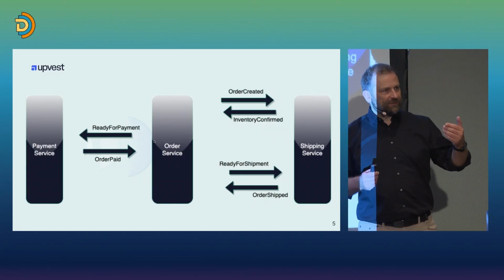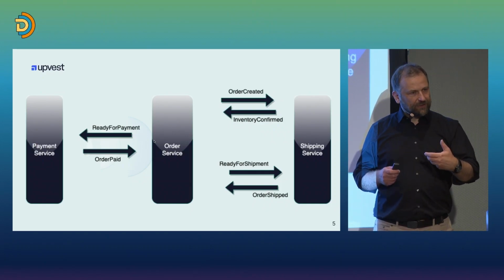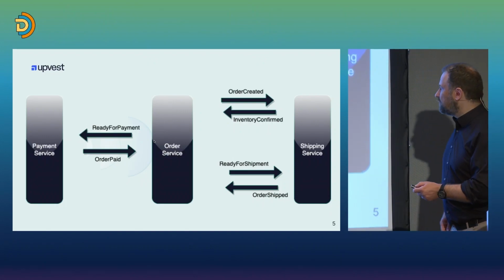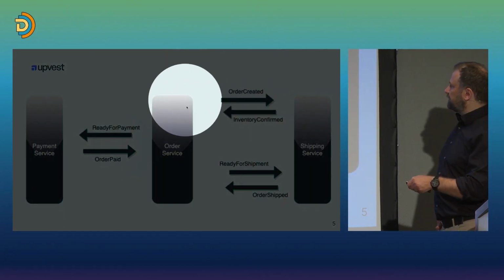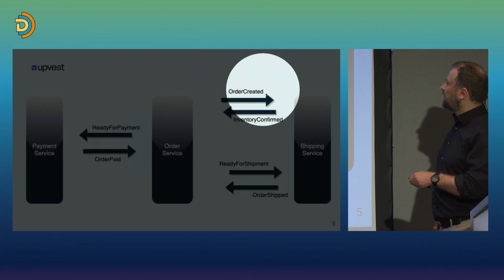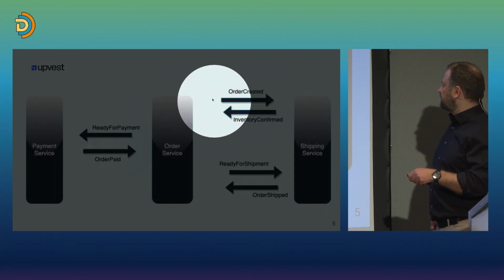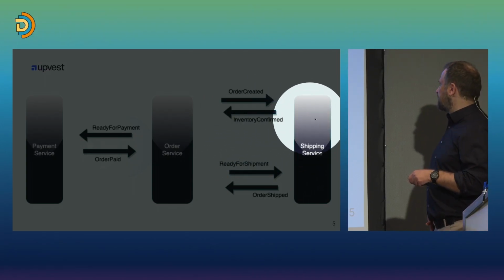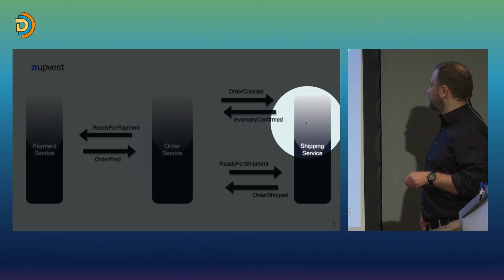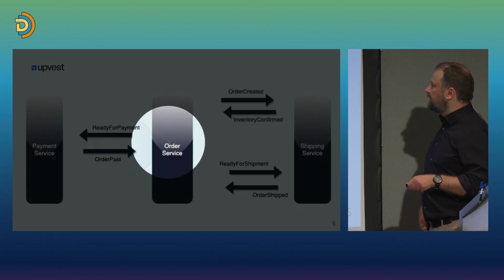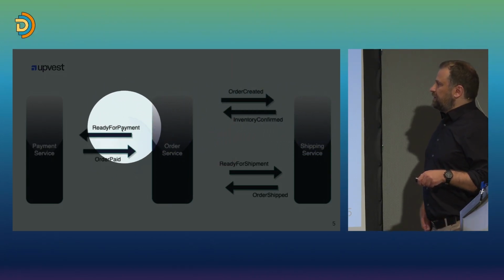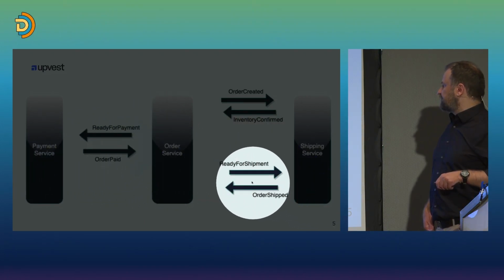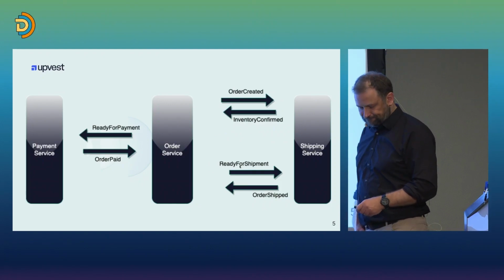So two conditions have to be met. We have to check the inventory and see if there's something in stock, and the payment has to arrive. The process is basically top-down. We get the order in the order service. It emits an order-created event. Somebody is going to listen to this event. In this case, I'm just reusing this example, so don't blame me for this. The shipping service has the inventory. It confirms the inventory. The order service emits another event. Then the payment service emits an event, and so on. At some point, it's shipped.